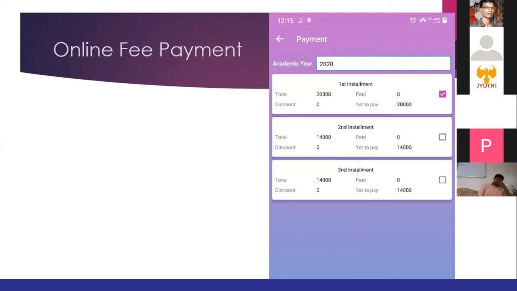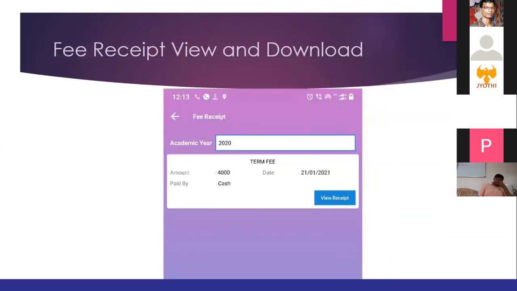Once the payment is done, there is a view receipt button. They can click and view the receipt. Which installment they paid, what time they paid, the online transaction ID, everything is reflected automatically in the fee receipt page itself.